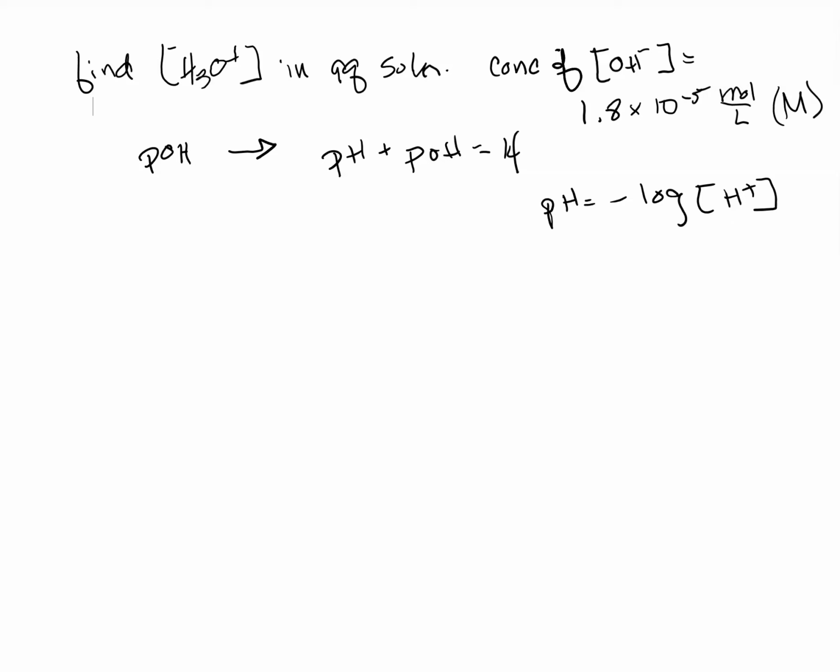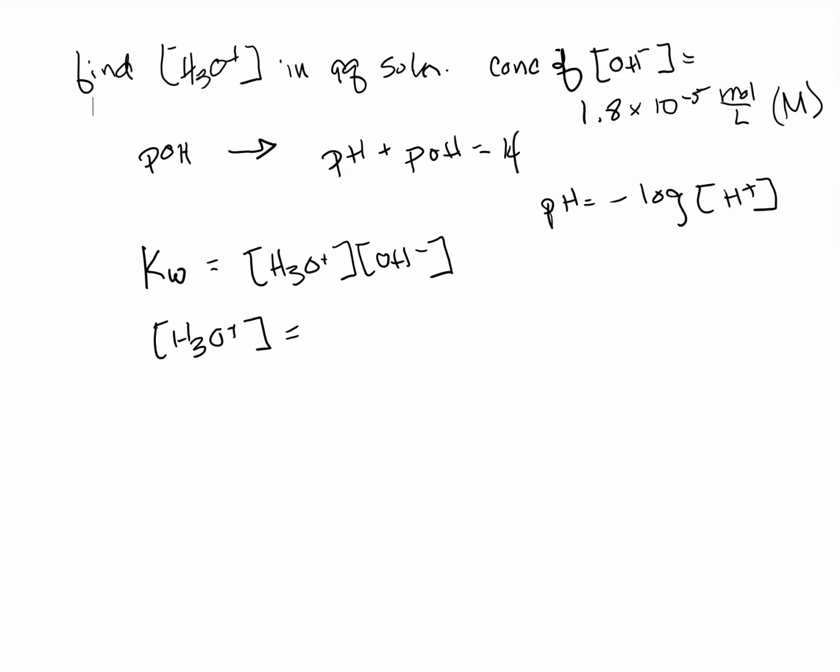And what I'm going to do is just use the relationship that Kw is equal to the concentration of hydronium times the concentration of hydroxide. And this makes for a very, very simple solution for us, because instead of going through all the different manipulations that would get us a perfectly valid answer, we can just rearrange this equation so that we're solving